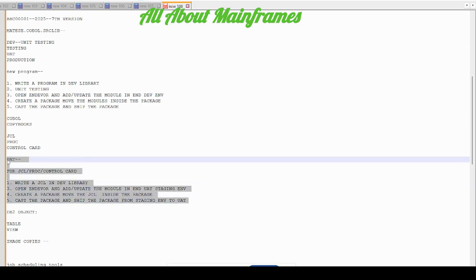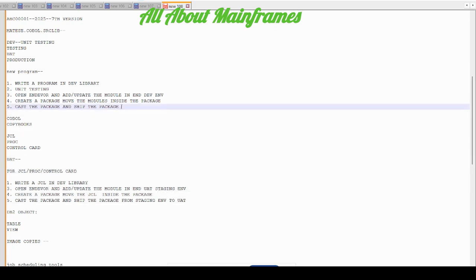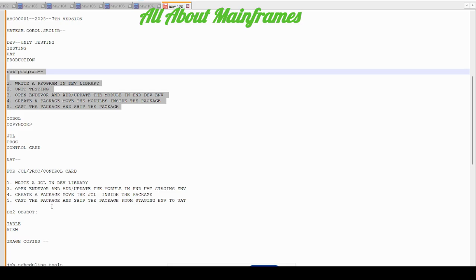Because we have many environment related parameters in JCL, proc and control card. But in a COBOL program, DB2 table or view, or copybook, we never hard code any environment name. We make it generic always. So this is for a new program. Similarly,